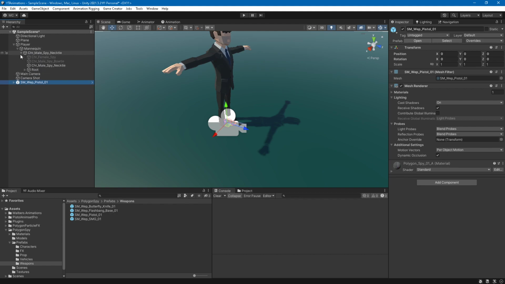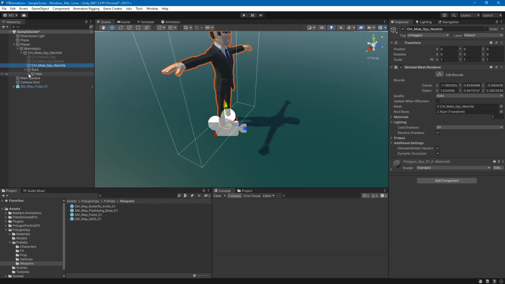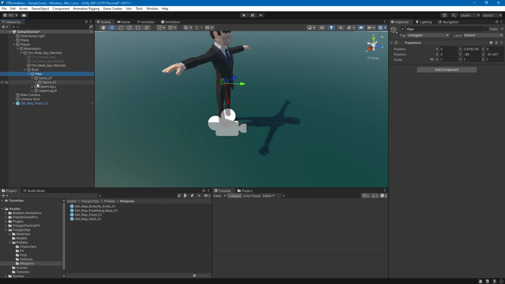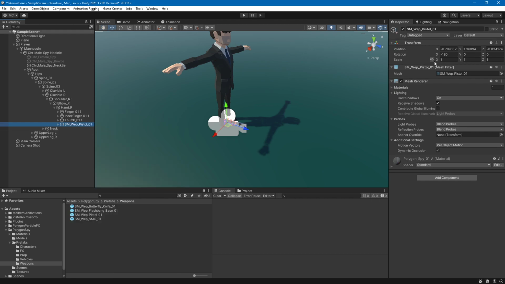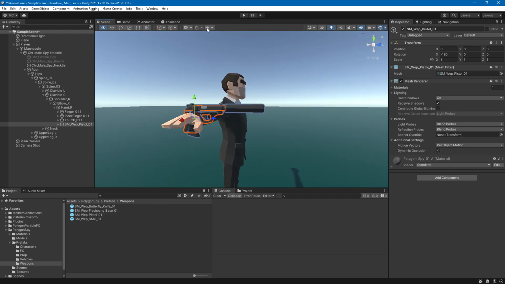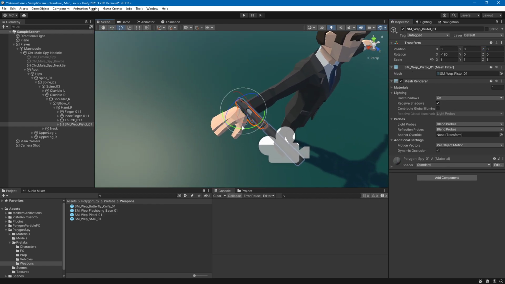Unfold my player, mannequin, character, root, hips, spine, spine 2, spine 3, right shoulder, elbow, hand. There we go. Gonna move the pistol in there. I'm gonna unpack it completely. Going to zero it out. Roughly rotate, fine adjust here, minus 90, 90, there we go. Then place,